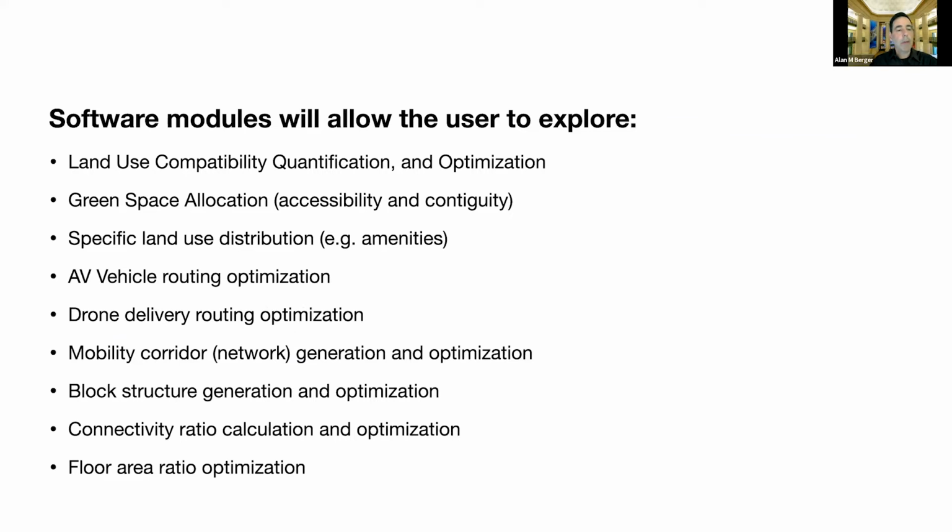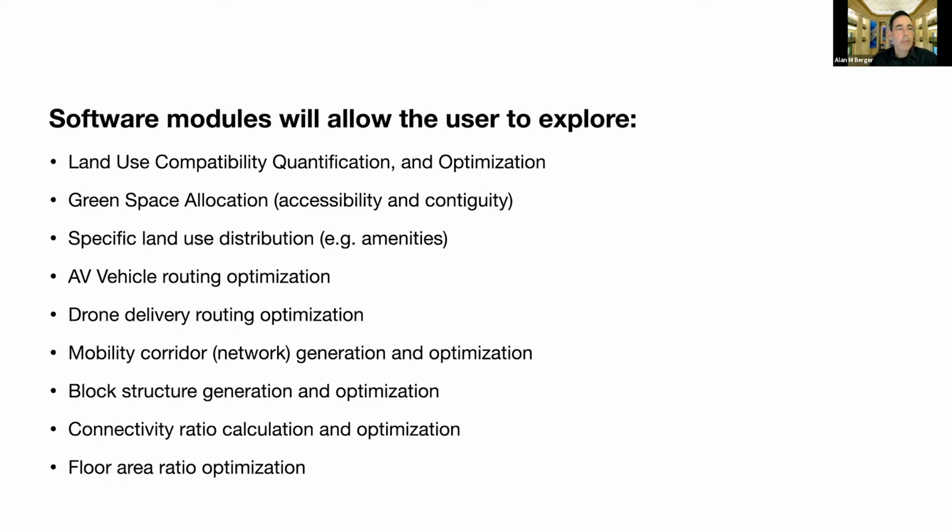So in summing it up, we anticipate the final website to include the software modules and the scripts allowing users to explore autonomous suburban design through all of these modules that we've worked on: land use compatibility, quantification, green space allocation, including accessibility and continuity. Specific land use distributions and amenities, and how we can automate where amenities are placed more equitably through developments,